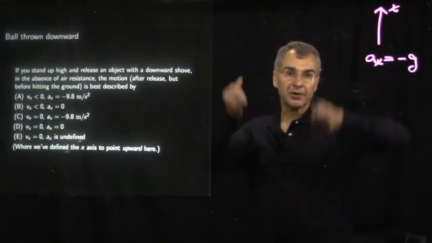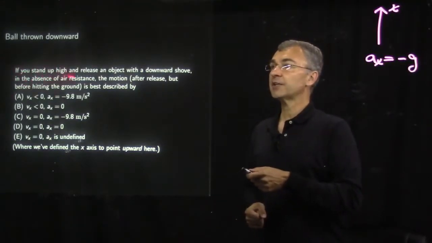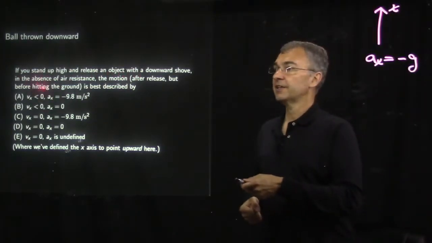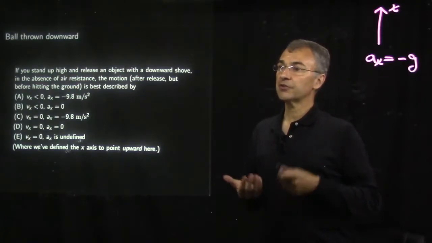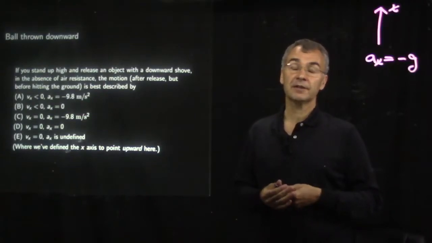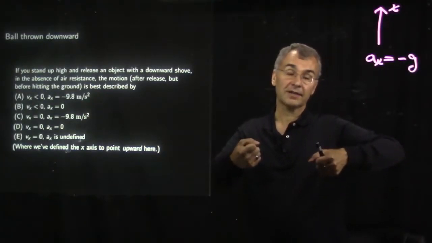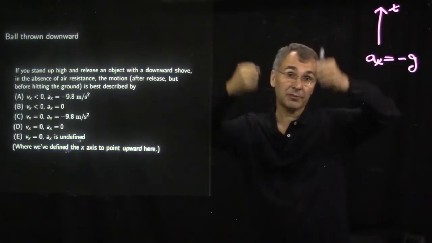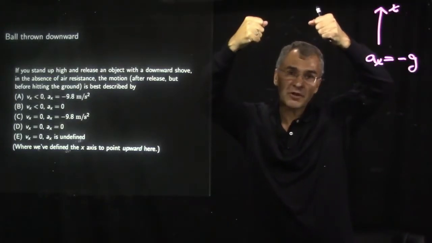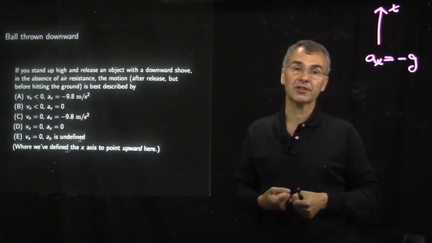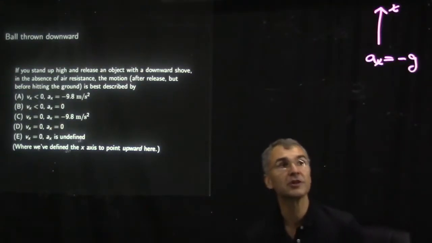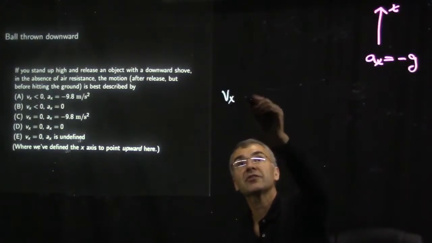Okay, let's think about a basketball thrown downward. So if you stand up high and you release an object with a downward shove, in the absence of air resistance, the motion after release, but before hitting the ground, is best described by, okay, so while I'm shoving it, something complicated is happening. But as soon as I release it, the whole point of my shoving it is to give it a big downward velocity. So I give it an initial downward velocity. So let's just look at v sub x